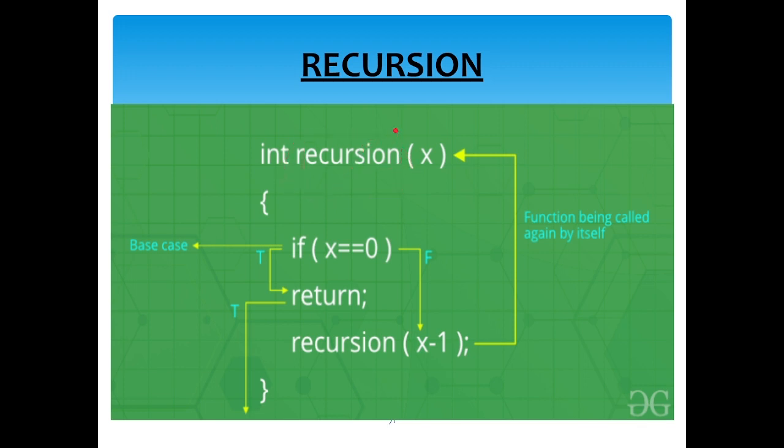Inside the function definition, you have a function call. Generally, in the main method we call the function so that it moves into the function definition and finds the computation of values. But here, inside the function definition, we are writing the function call, nothing but the function calling itself again. This is called recursion.